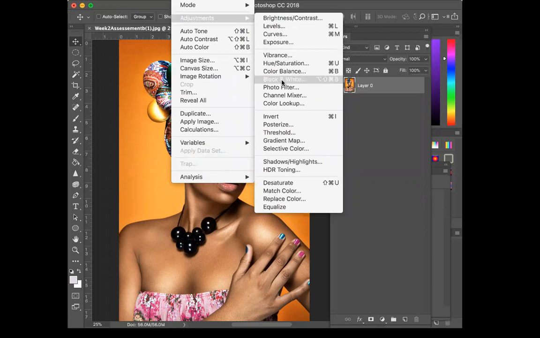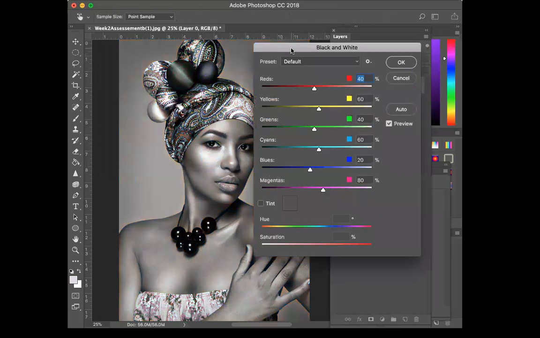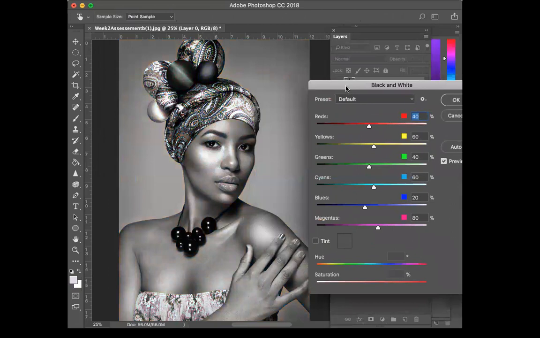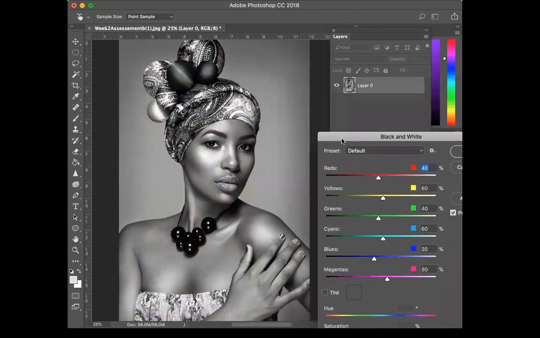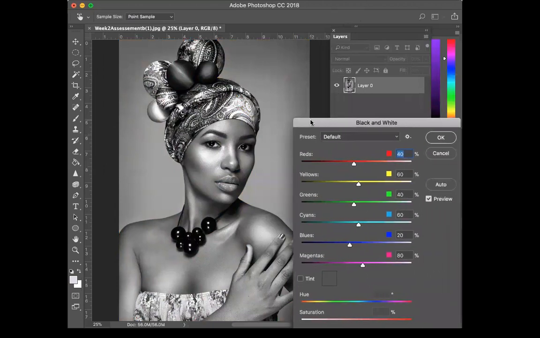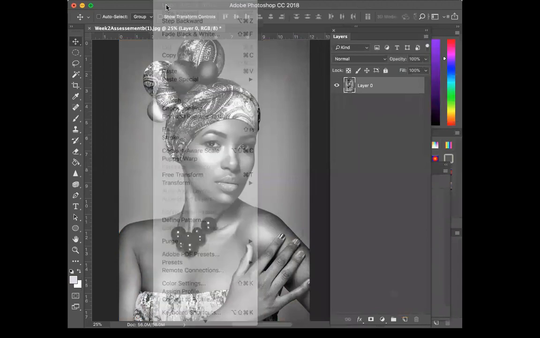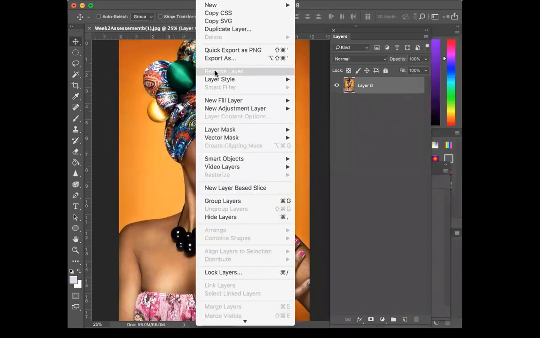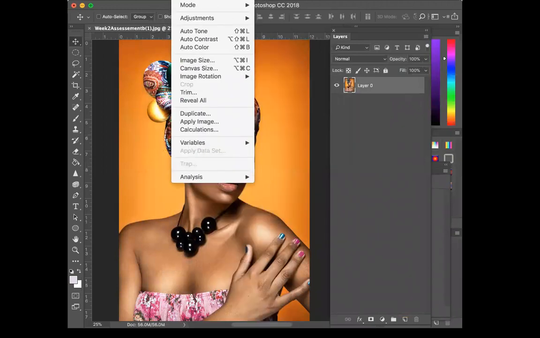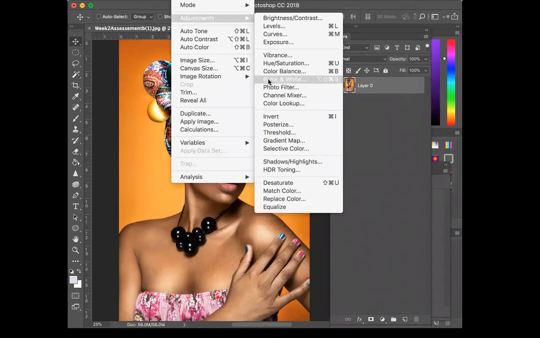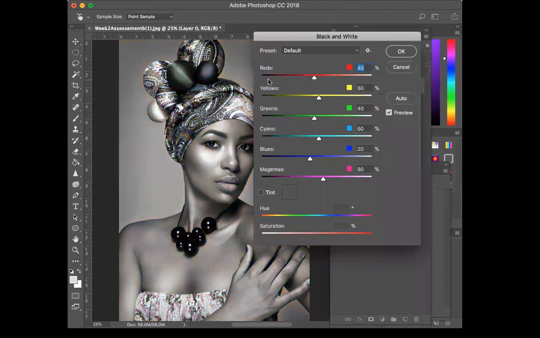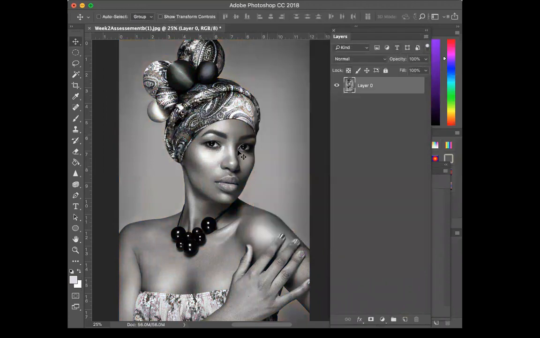So Image Adjustments, black and white. What it's going to do is make this layer black and white. Actually, let me unstep this here real quick. Yes, black and white. So that's exactly what you should do. All right, so now that that's the first step,